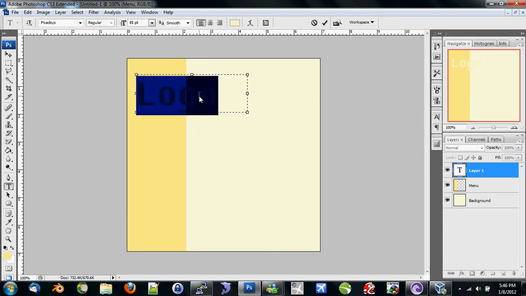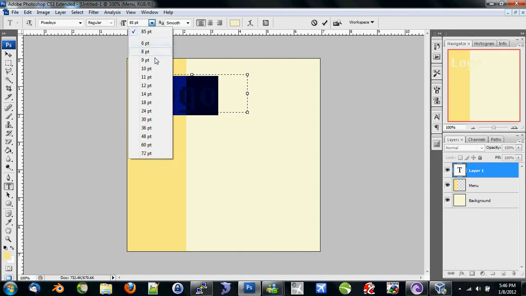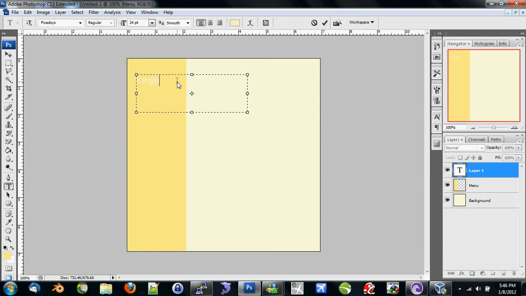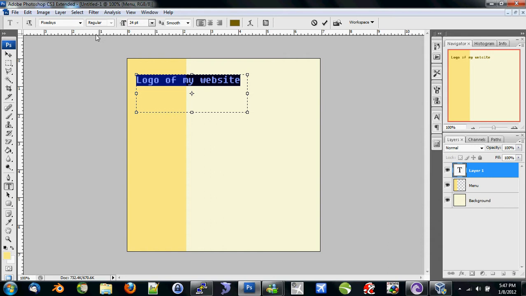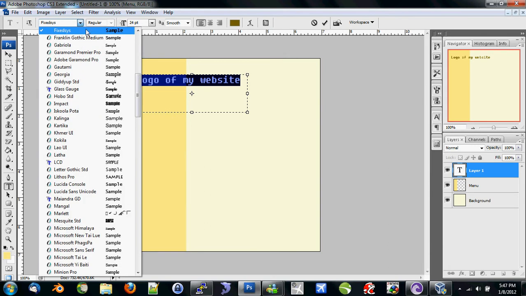We're gonna select this text by double clicking or Control A or whatever you want, and we're gonna change the size here at the top to 24 pixels of my website, and we can even change the color here, so something like this, and we can change the font here,